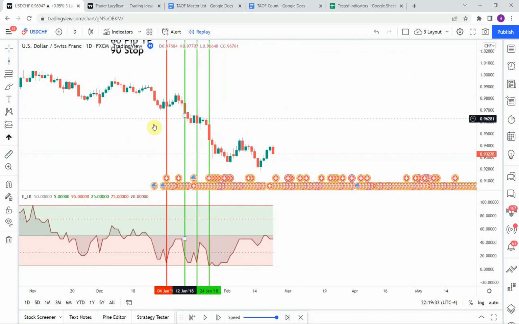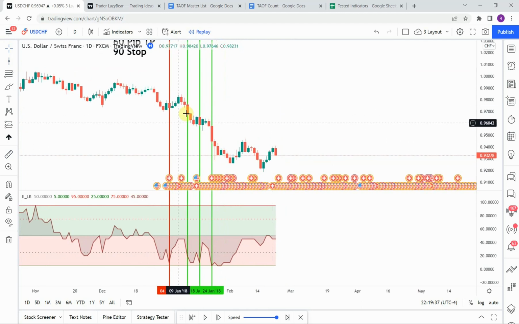All right, then we pick up these 3 trades right here. They're all short trades. First one here, we enter, get a nice push to the downside, getting us to our take profit, I think on this bar. Then we pick up another signal right here, kind of a continuation type deal. We get a little bit of a pullback, then a nice push to the downside, which got us to take